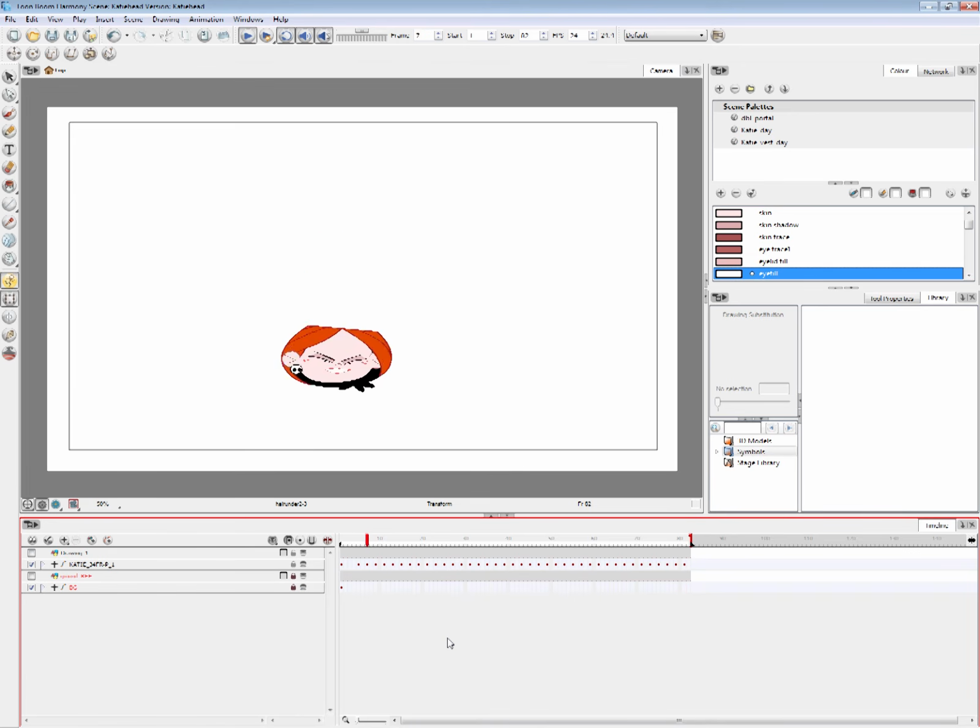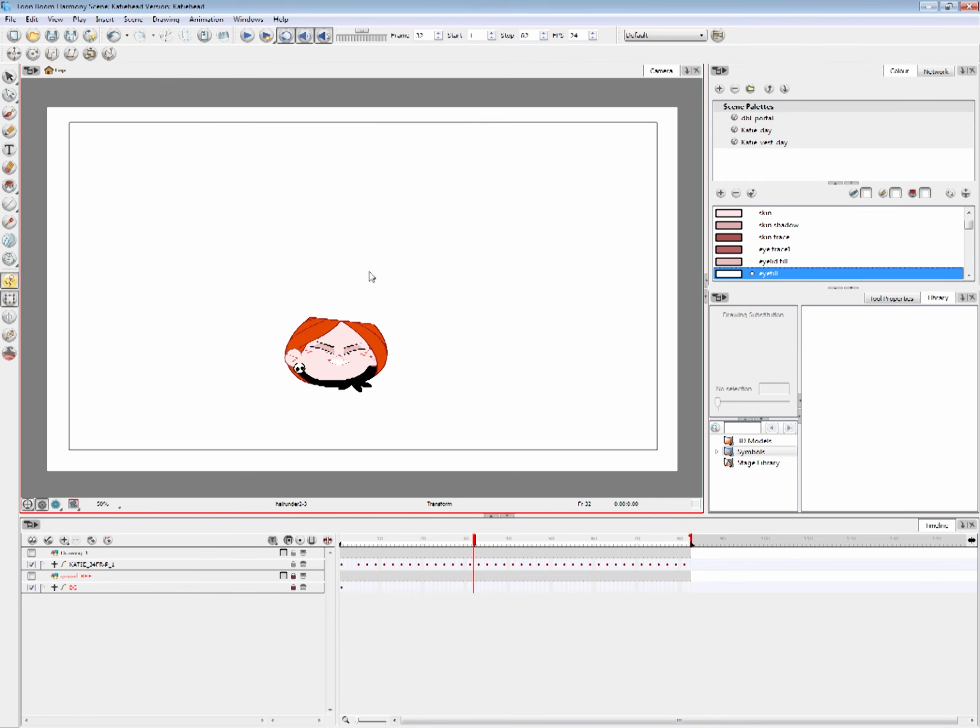Oh yeah, let's put it to loop. I don't quite like how her eye shape during the hang time is kind of moving with the rest of the body. Yeah, but let's leave it at that for now.